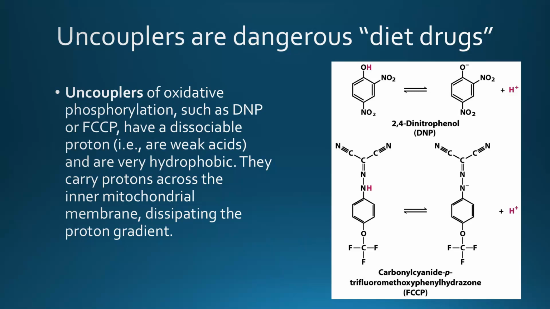Dinitrophenol is the earliest and most famous example of something that was studied as an uncoupler. Because of its structure, it is nonpolar enough. The electrons, even in the conjugate base, are spread out by resonance to all of these other oxygens. So they're so diffuse that this is in fact able to traverse a lipid bilayer. If it can do that, then it can pick up a proton on one side and it can liberate that proton on the other side.